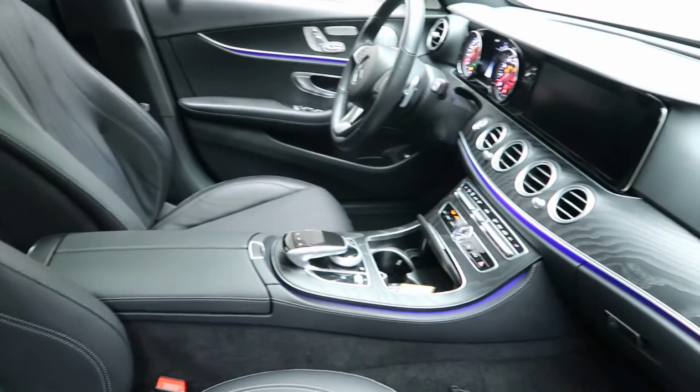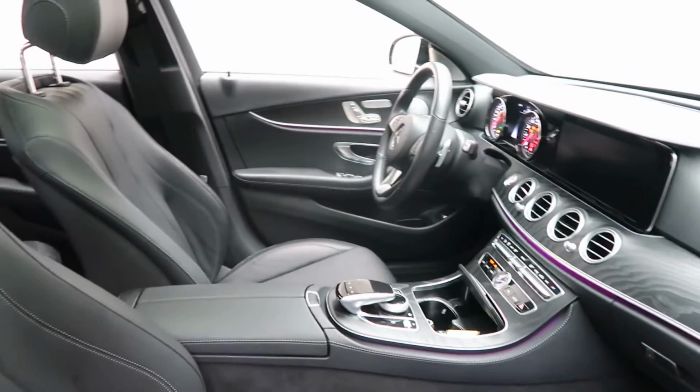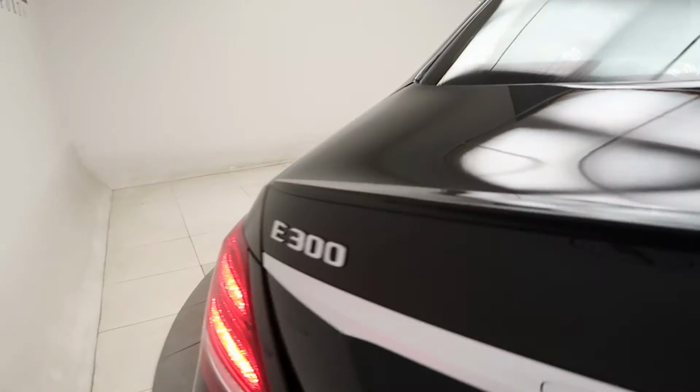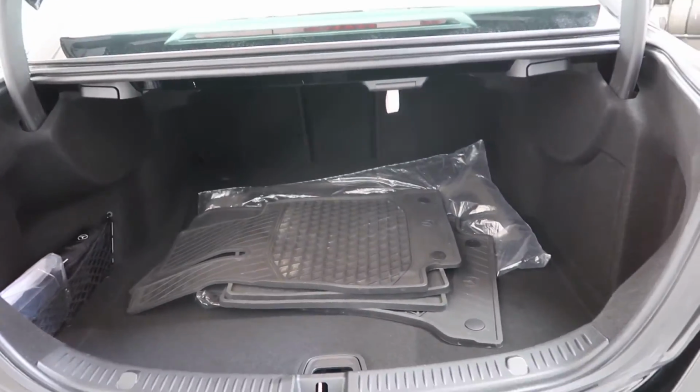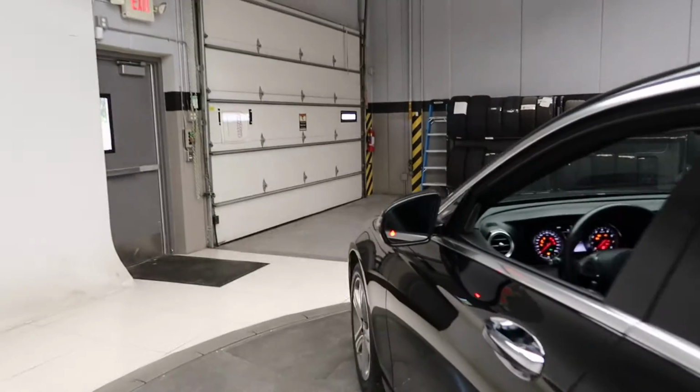Black MB-Tex interior with a natural grain black ash wood trim, ambient lighting, sunroof, rear spoiler, E300 4MATIC badging, power liftgate, set of all-season and regular floor mats, premium 1 package with blind spot assist,